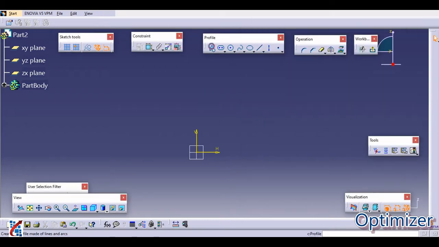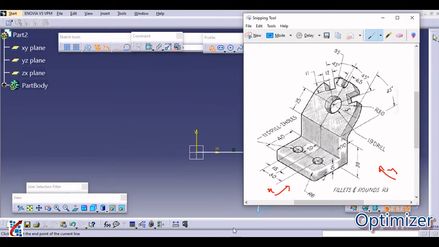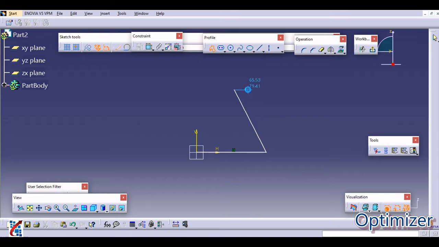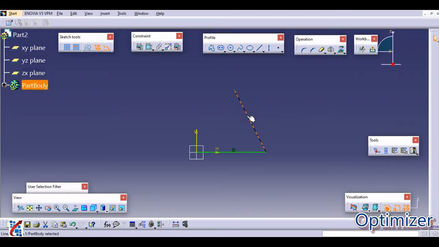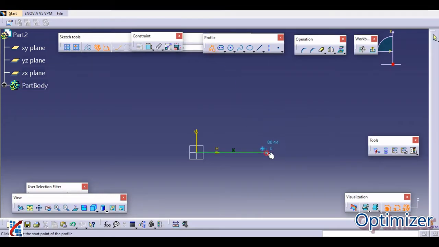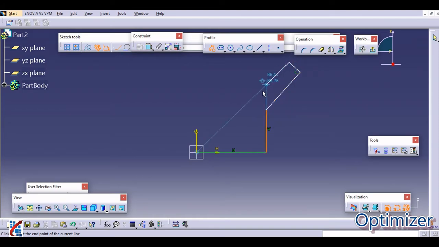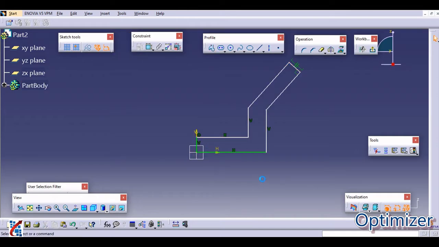Let us start from this. I have selected the profile. It is like this. And then from this to this, and you can join here.